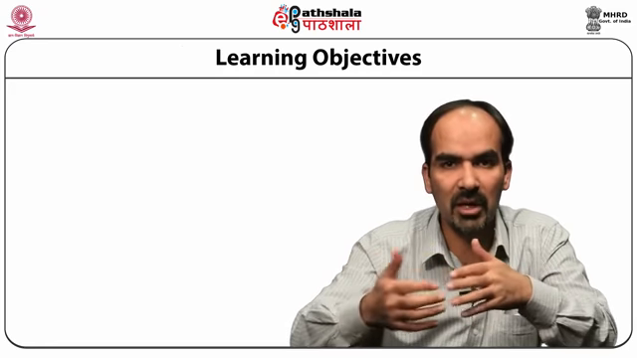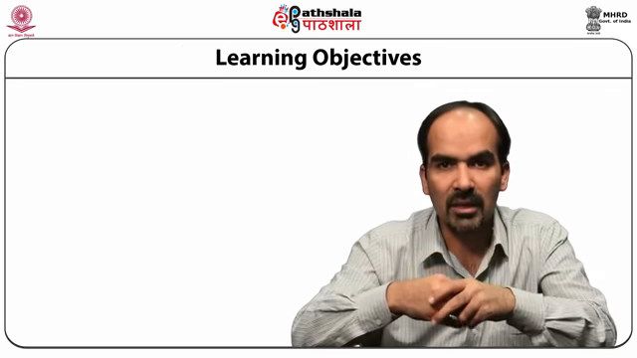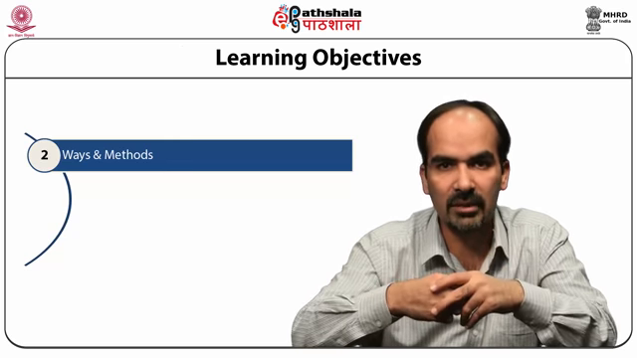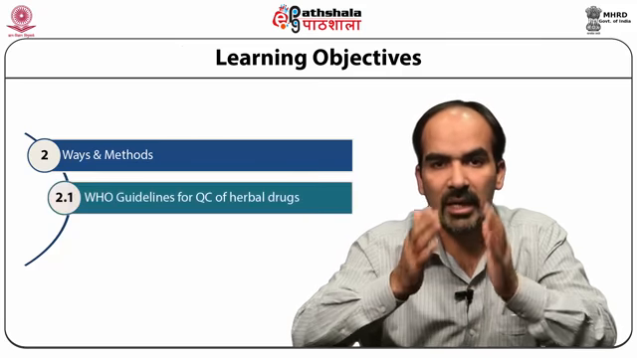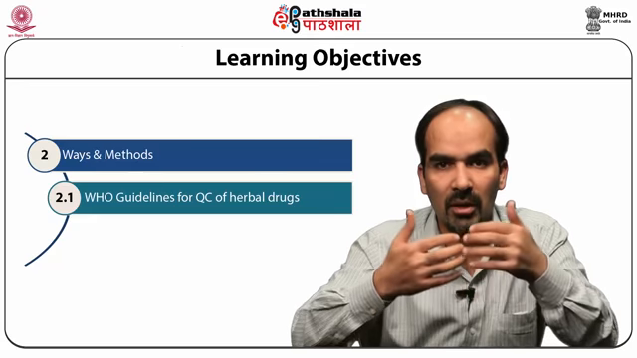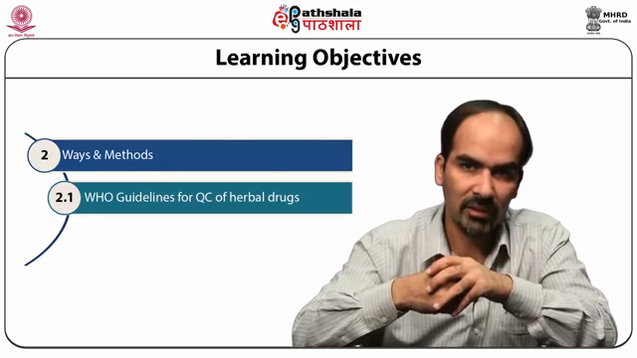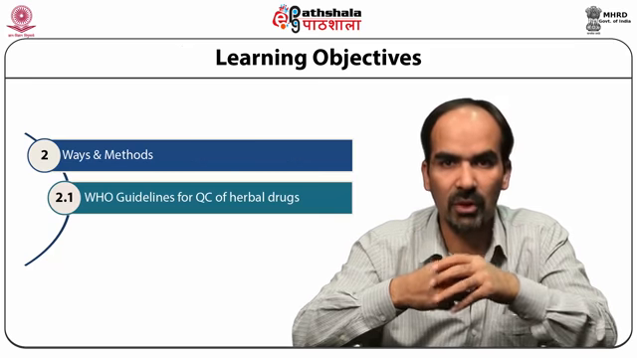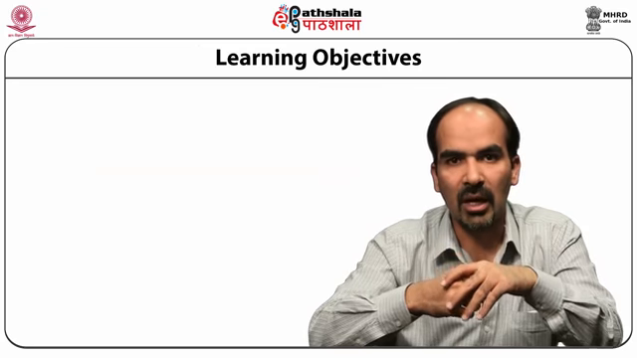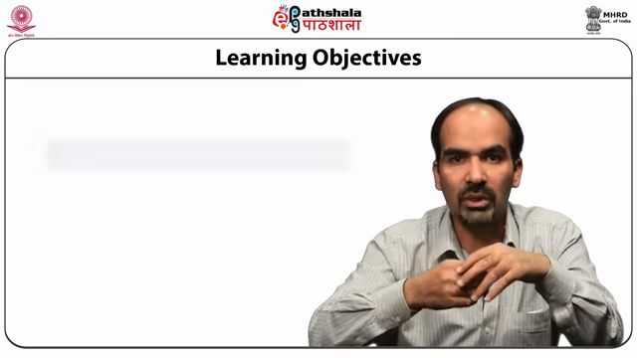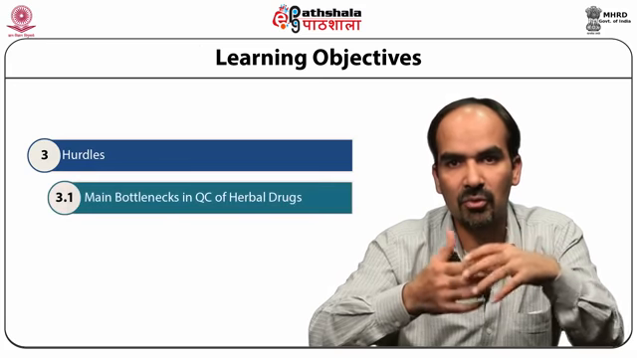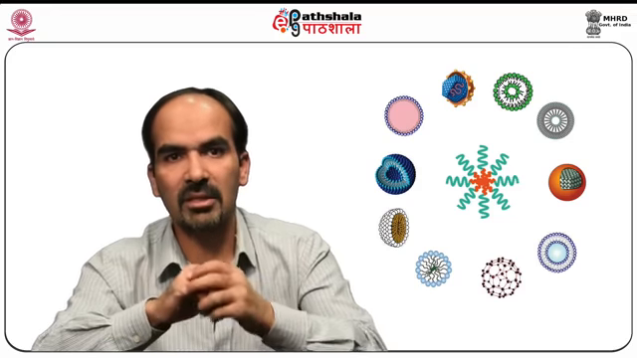In the same way, in the second part of this module, we will also try to understand the ways and methods of achieving this quality control and standardization. Under this, we will try to understand the guidelines, both national as well as international, that are acceptable for the quality control of these herbal drugs. In addition, we will also try to understand guidelines with respect to the toxicological studies of herbal drugs. At the end, we will also discuss some of the hurdles, bottlenecks, or impediments in the quality control process of herbal drugs. So let's get started with the introduction of